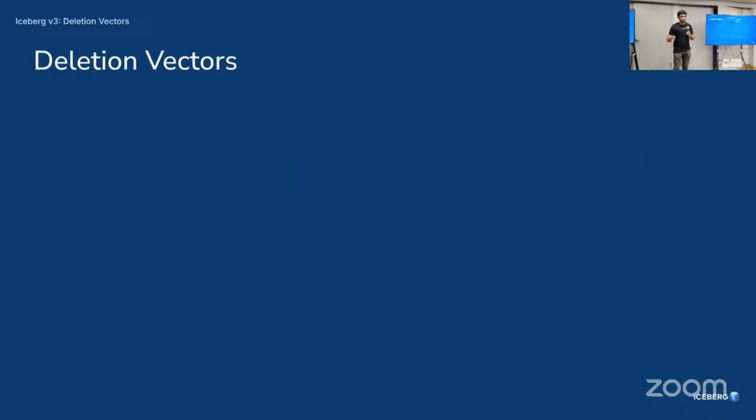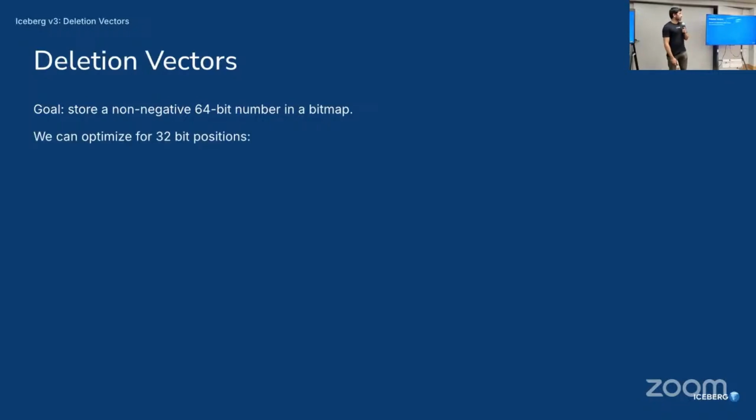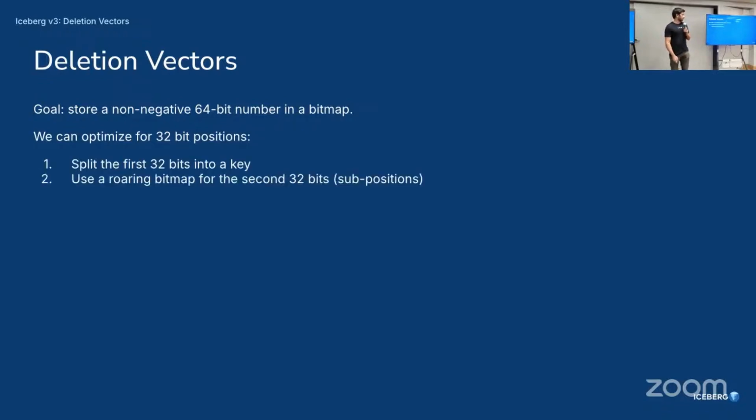Let's now construct a deletion vector and actually understand what's happening at the binary level of the blob. So our goal here is to store a non-negative 64-bit number in some bitmap. We can optimize for 32-bit positions and leverage the 32-bit roaring bitmap that was clearly defined by splitting the first 32 bits into a key and then using a roaring bitmap for the second 32 bits